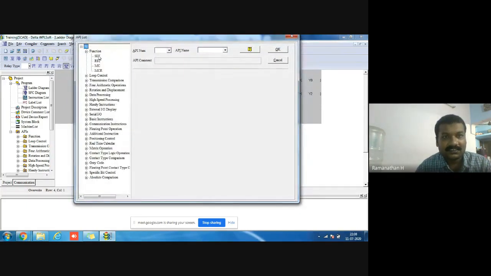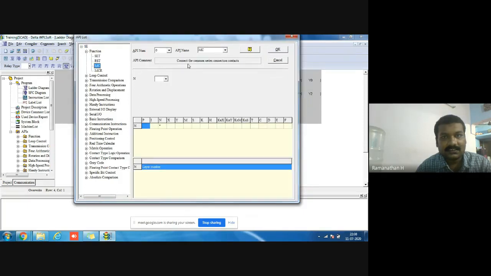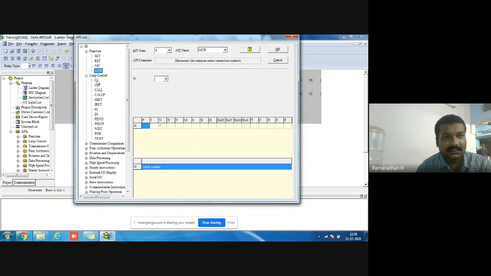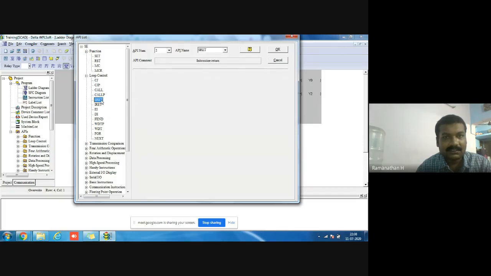The functions: reset, set, and MC, meaning master control and master control reset. Then loop control, conditional jump, conditional jump pulse, call subroutine, call subroutine pulse, subroutine return, interrupt return, enable interrupt, disable interrupt, first 10.